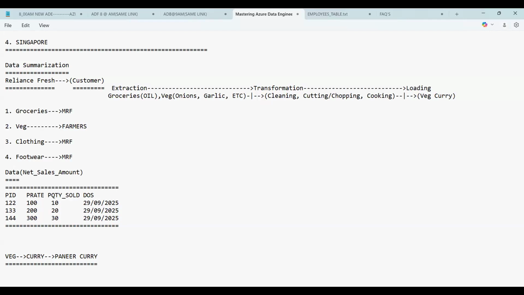So here this is the one you have. As a data engineer, what will you do, guys? Tell me now. To get the net sales amount, you will have to choose the data which is required, which is called the extraction process. Do you require the product ID to find out the net sales amount? No. Do you require the rate? Of course, rate is needed. Quantity sold, of course, that is also needed. Date of sales, even that is needed. So out of 4 columns, I'm choosing only 3 columns. This is called extraction of data. Here you have to decide how many columns are needed to get that task done.